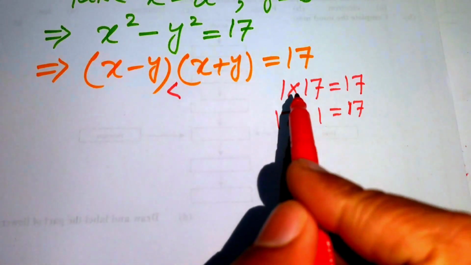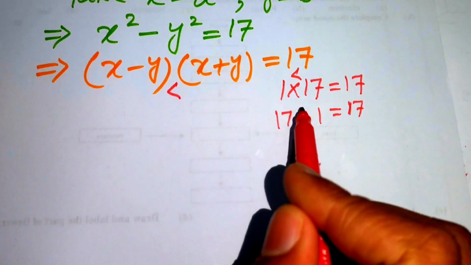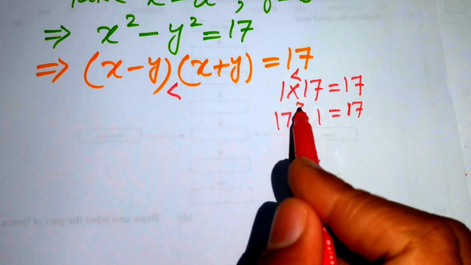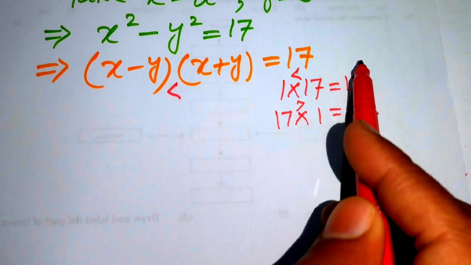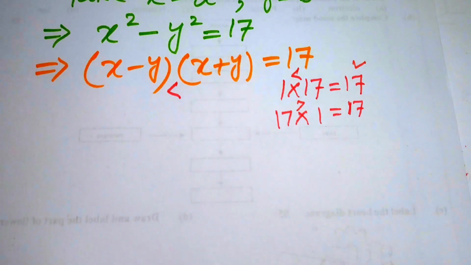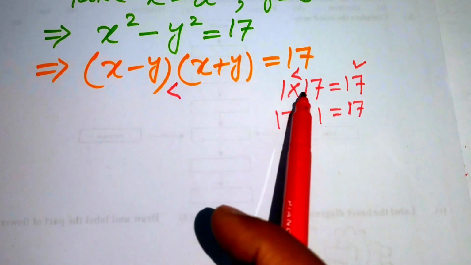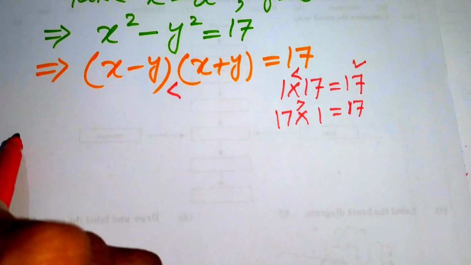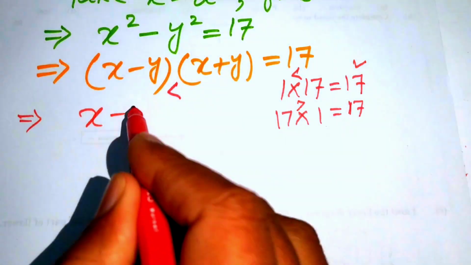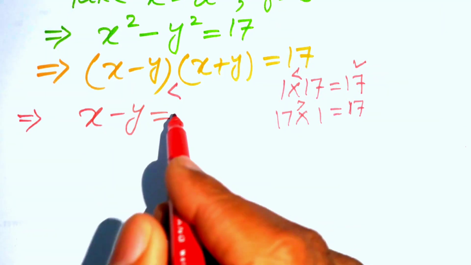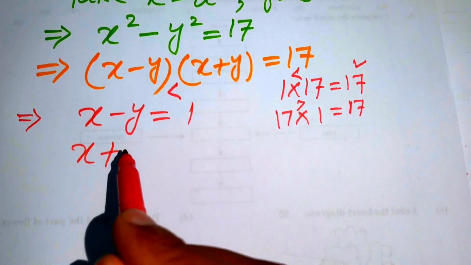So in the first case you see here 1 is less than 17, but in this case you get 17 is greater than 1. So our first factor is lesser than the second, so we choose this case. And now we compare the left-hand side to this case. After comparing both sides, we get x minus y equals 1